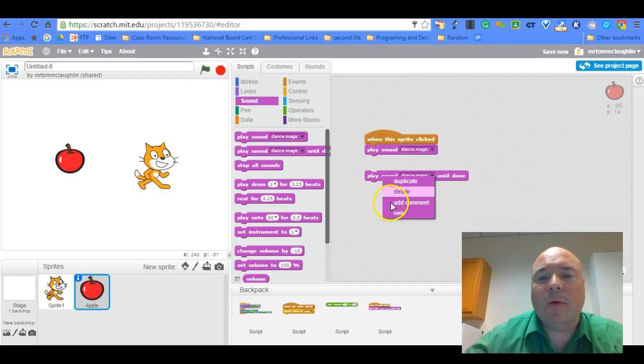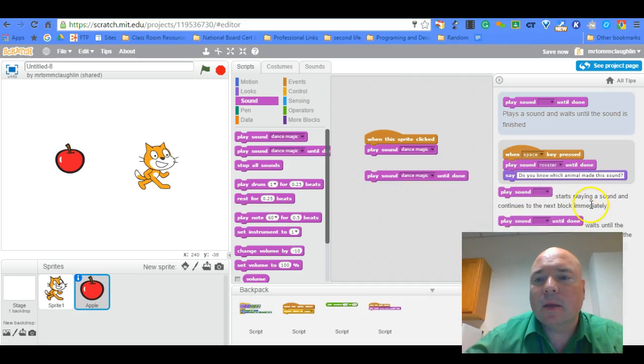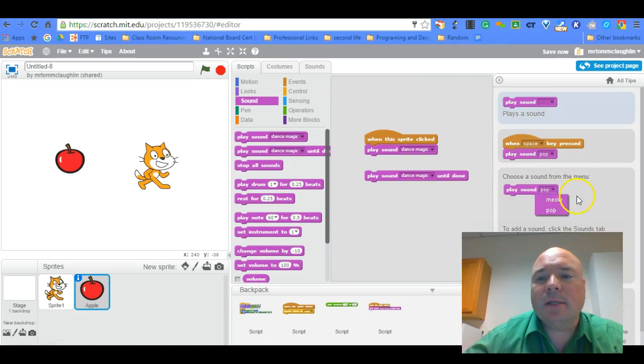Again, if you right-click on the help, you can get more information on how each of these blocks work, they're very subtle. Starts playing a sound and continues to the next block immediately. This one plays the sound and waits until the block is played. Excuse me, this one plays until it's done. This one plays the sound and then waits till the sound is done and then moves on. Okay? So take a look at each of those, decide which one you want to use, and start doing your